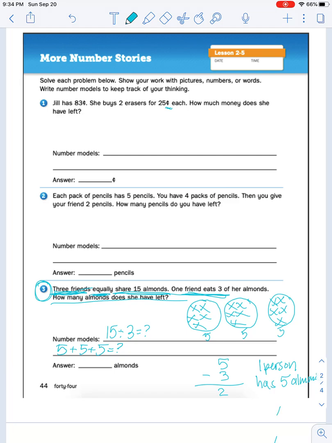There are a few different ways you could put that on there. But the second number model you need to put is what we subtracted. So the 5 minus 3 equals question mark. And the answer that it wants is how many almonds does she have left, which we know was 2. Okay, so everyone should get this problem correct because if you watch the video, I gave you the answer. Do the number 1 and number 2 on